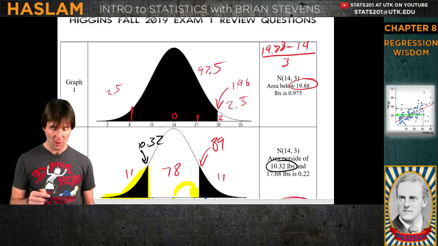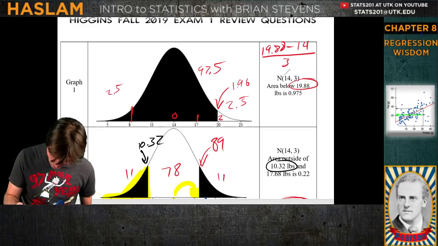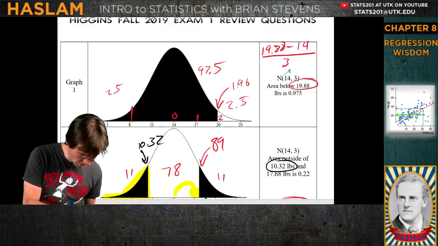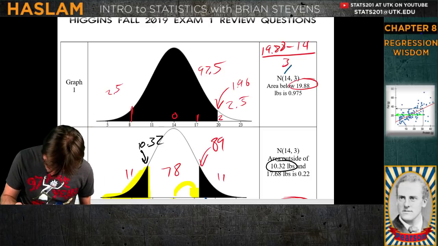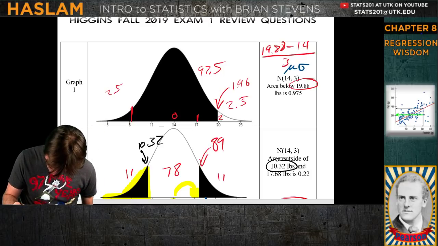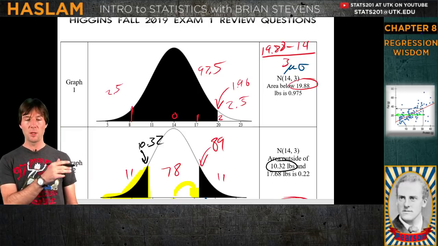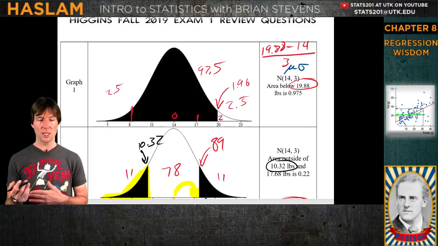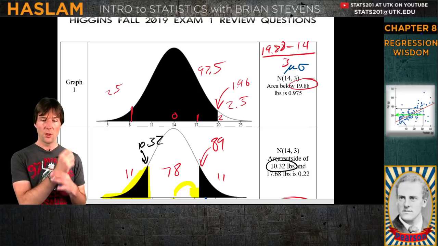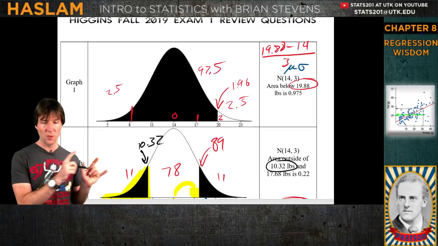This is the formula we put below, and if you'll notice here, I'm going to mark this in a different color. This is the mean of the distribution. Ooh, it's hard to write very small. That is the mean of the distribution, and that is the standard deviation. The 14 and the 3 are the mean and the standard deviation. I put them in the population format, but still they could be y bar if we're doing an estimate and s if we're doing it. But those are the values that are being put in there. If you see the 14 and the 3, those are the values I'm putting up right there.